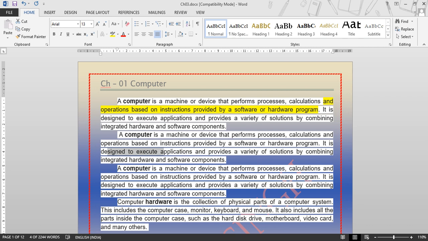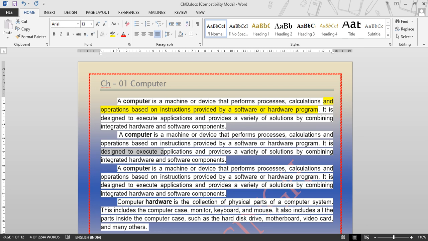If you press shift and end, it will select to the end of the line. If you press shift and home, it will select from the cursor point to the first word of your line, meaning the beginning of the line.